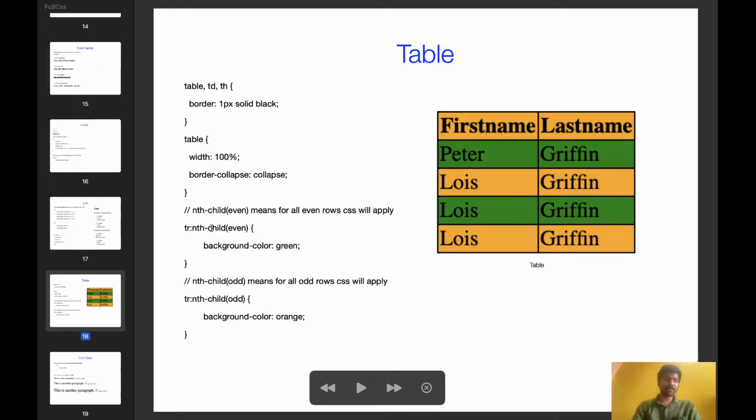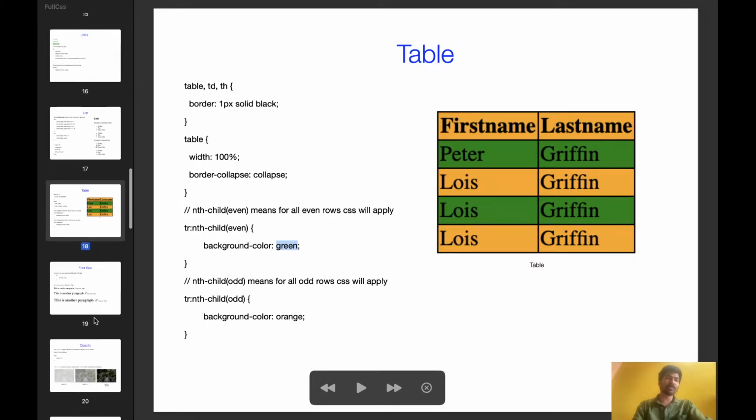So here, if you see, I applied nth-child even, which means whatever CSS I have written will apply for all the even rows. nth-child odd means this will apply for all the odd rows, let's say 1, 3, 5 like that. Here this is the 1, this is 3, so for those this color will apply. For 2, 4, 6, all these rows, it will apply this one. This is how we can achieve that using nth-child.